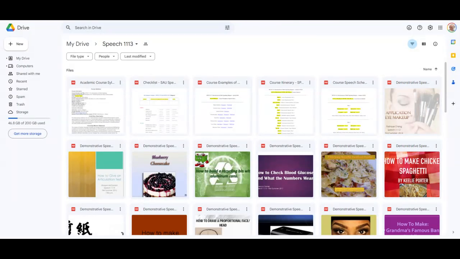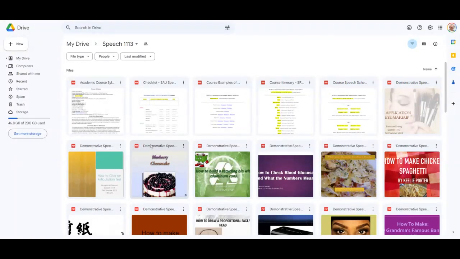But let's examine some particular demonstrative speech topics, not necessarily going through the slides themselves in detail, but what has been done in terms of a process speech, how something works, how something operates, something that might be cooking or crafting or hobbies. They include, among others, application of eye makeup. We showed you that earlier.